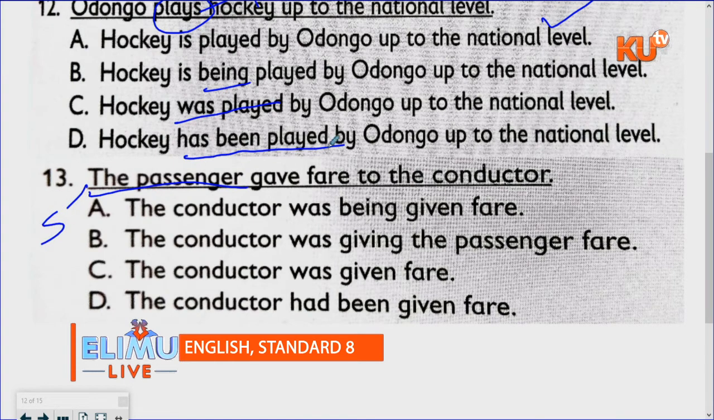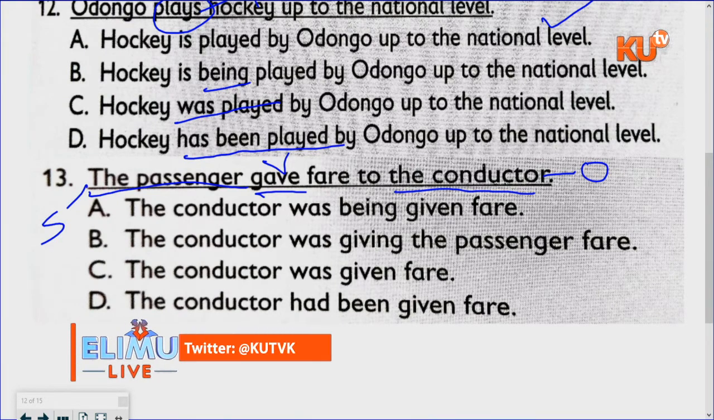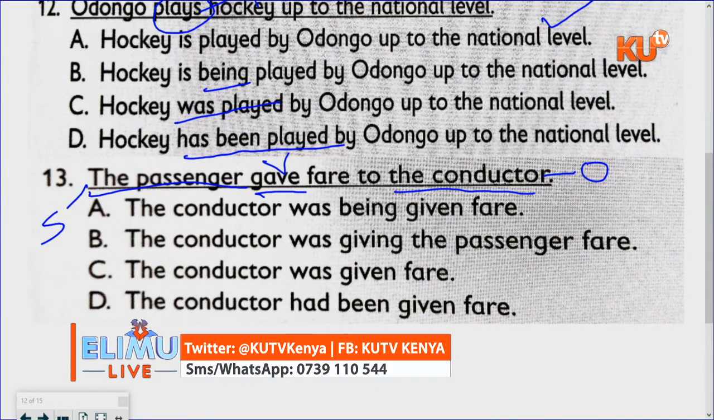Subject is indicated by S in short form. In grammar, gave fare, that is the verb, the action of giving. Then what receives the action of that verb? It is the conductor because he was the one who received the fare. So the conductor is the object. Now changing it is easy because we will start with the object, then we go to the verb or the action, then the subject. So the conductor was being given fare,